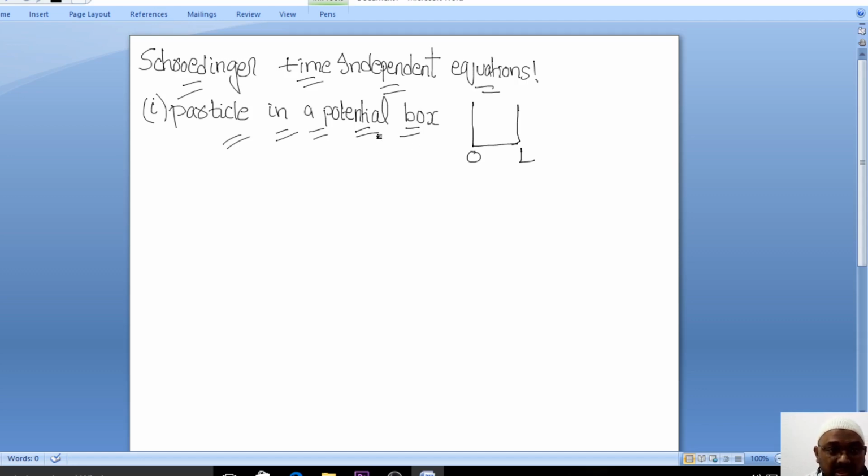Right, so we'll start with the consideration of this potential box with the initial boundary at 0 and the final limit L. Between 0 and L, you'll find the particle somewhere inside this particular box. Okay, so we'll start with the assumption part, and then we'll come to our mathematical equation, right?